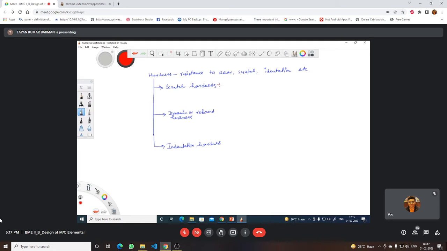This is basically scratch hardness. It is basically the primary interest of mineralogists. In different minerals, we try to find the scratch hardness. This is related to various minerals and other materials, and these materials are related on their ability to scratch one on the other. Okay, and there is basically one scale. That scale is called